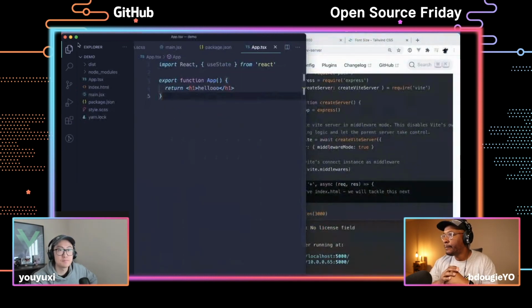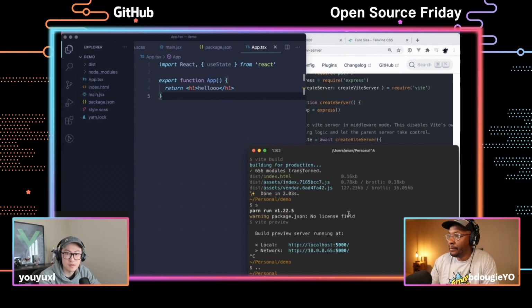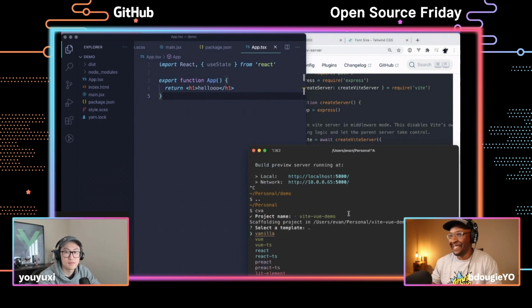Cool. So, of all this, there's one thing I still haven't really mentioned up to this point, which is hot module replacement. So I'm going to just create a new project. Say CVA is my local alias for create-vite-app. Vite Vue demo. So when you run npm init